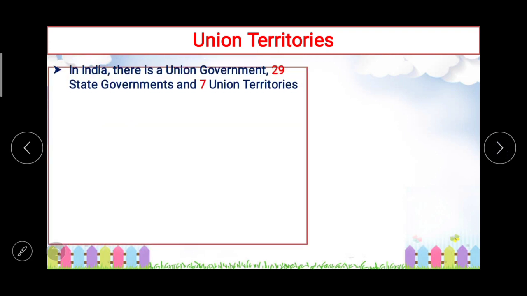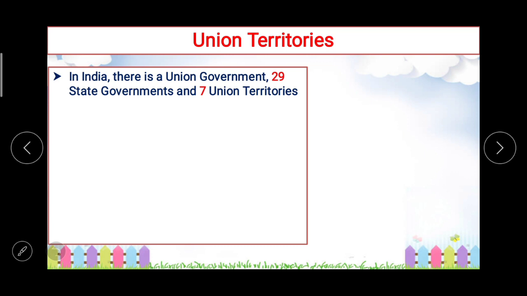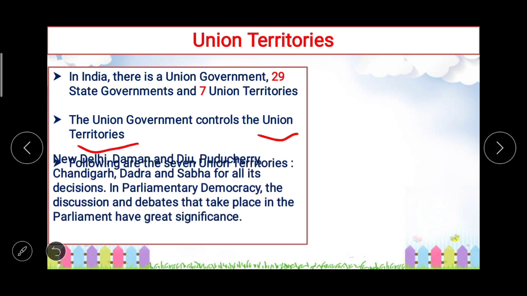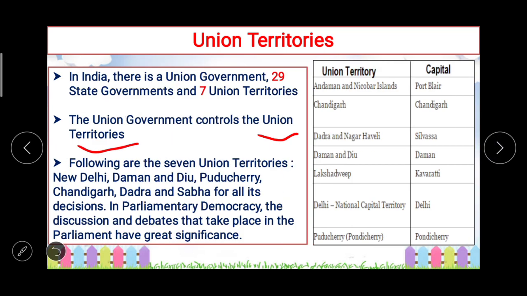Then the next thing, union territories. In India, as we know, there is a union government, 29 state governments and 7 union territories. The union government controls the union territories. Following are the 7 union territories which you can see on the screen: New Delhi, Daman and Diu, Pondicherry, Chandigarh, Dadra and